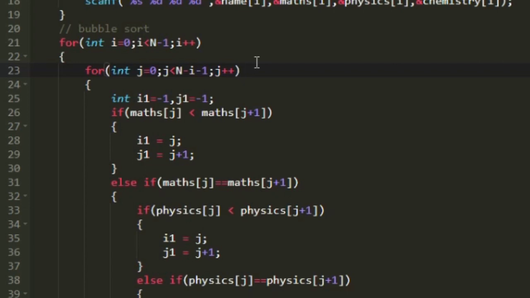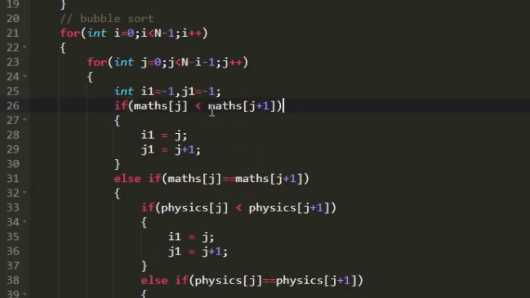So if we want to sort our array in descending order, then we will check whether the value present at the index j is less than the value present at the index j plus 1. If this condition is satisfied, then we will perform the swapping operation. So when we do like this, our array would be sorted in descending order. We need to sort our integer arrays in descending order, so we will be using the less than symbol for comparing.